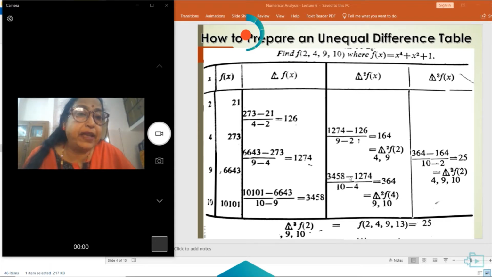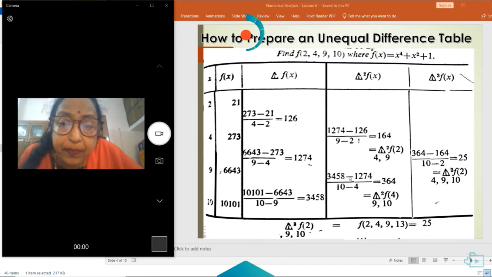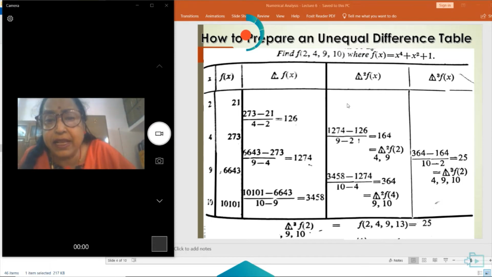Similarly, in delta square fx divided difference, we subtract the second fx minus the first fx divided by the third x minus the first x, as you can see in the table. Now here the first value fx is 21. If x's are x0, x1, x2 and x3, we call 21 as fx0, 273 as fx1,